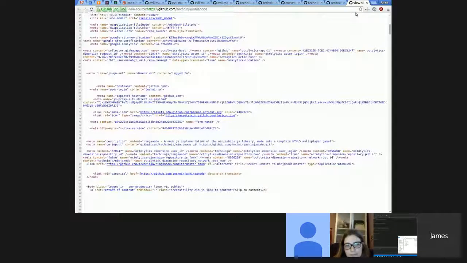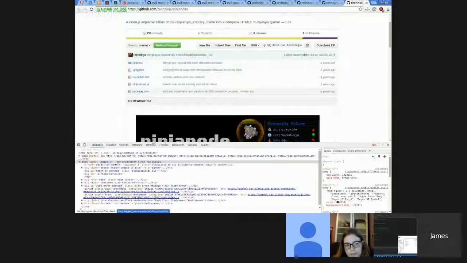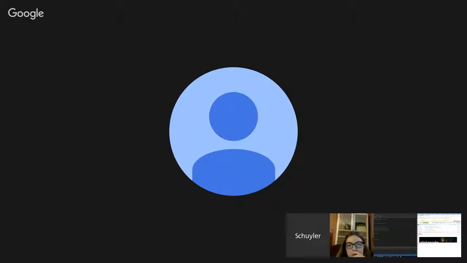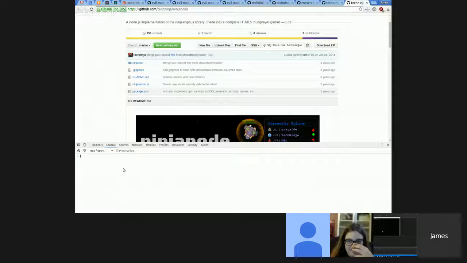So that's all made with JavaScript on the client side and JavaScript on the server side. Also, JavaScript is a yes, Skylar. You can also use JavaScript to make things called bookmarklets, which is a bookmark, except when you click it, it runs JavaScript. And I made some for Ninja Node to do things automatically, like place mines everywhere or shoot people. It's true. You can do all sorts of amazing things.